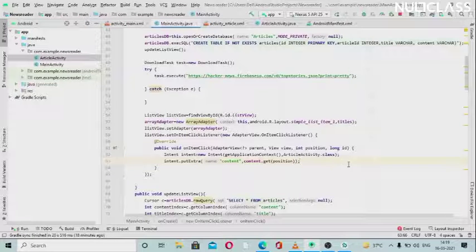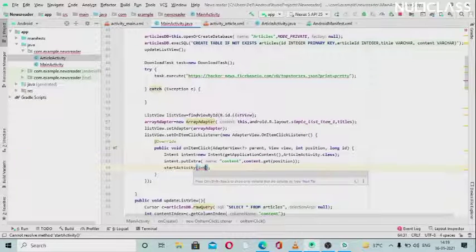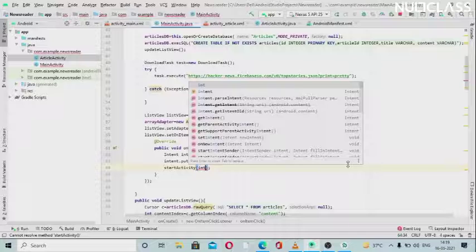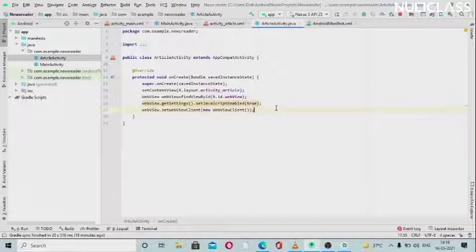After writing a whole lot of code, I think we are done with this. We just need to start the activity, as we have seen in Android developers. So just pass the intent here, and we are done with this. The last thing is, as we have created the intent here, to receive the intent we need to use intent here also, so that it can receive that intent. This will basically be the last task to execute.